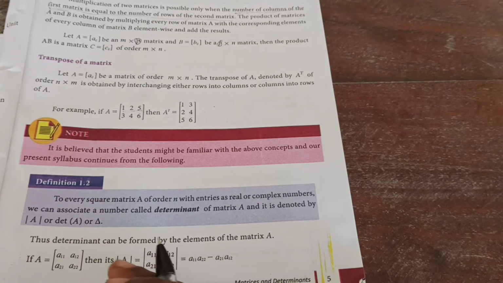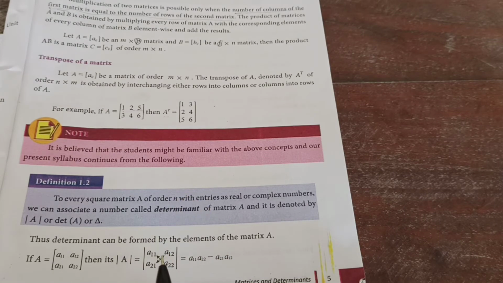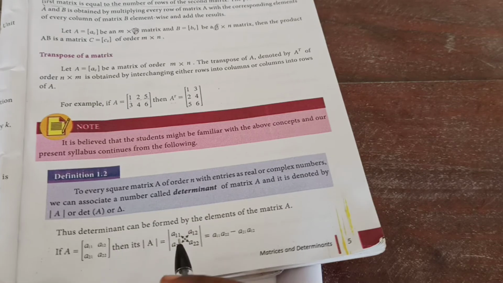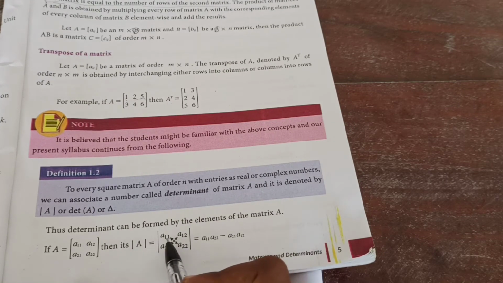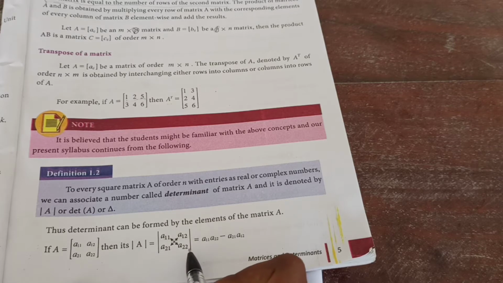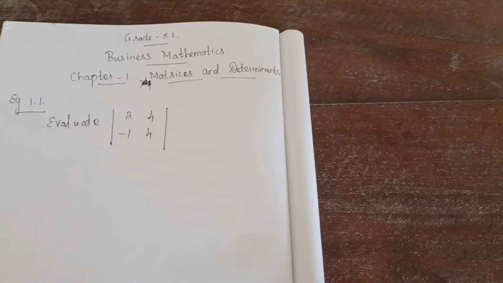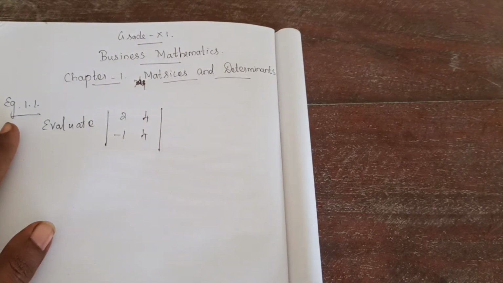If I explain the definition, you won't understand, so I am giving one small example. A is equal to a11, a12, a21, a22. It's of order 2 cross 2. So when you are finding the determinant, we just cross multiply. That's the meaning. So determinant of A is equal to a11 into a22 minus, the center symbol must be minus, a21 into a12. If we simplify, you will get the answer. Understand?